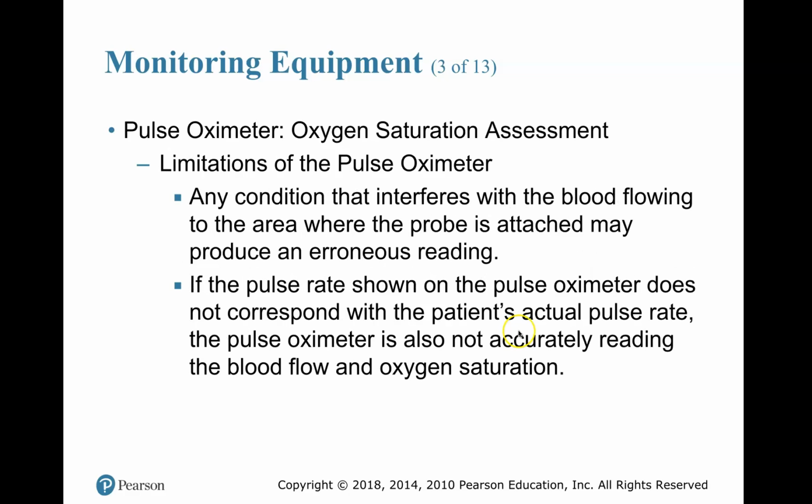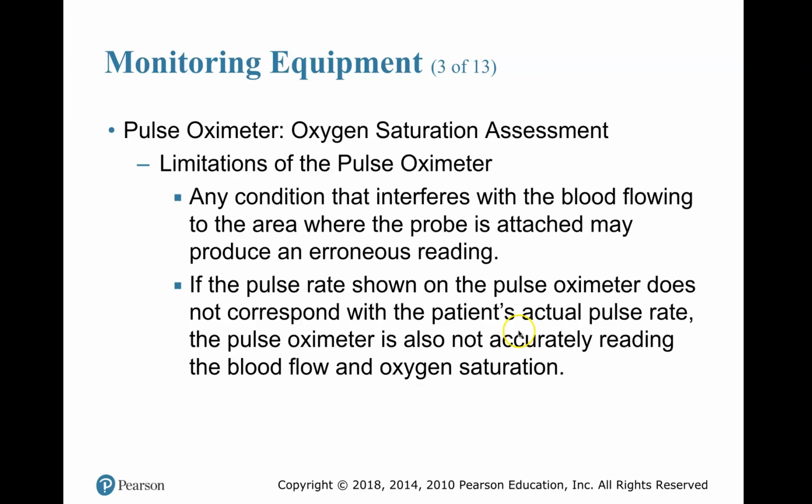Limitations of the pulse oximeter. Any condition that interferes with the blood flowing to the area where the probe is attached may produce an erroneous reading. Like, we don't want to put it on the same arm or the same finger where the blood pressure is being taken, because we're going to be cutting off the blood flow there several times, taking the blood pressures. Or if there's a tourniquet or some kind of hindrance of bleeding or hemorrhage or anything like that, we don't want to put it